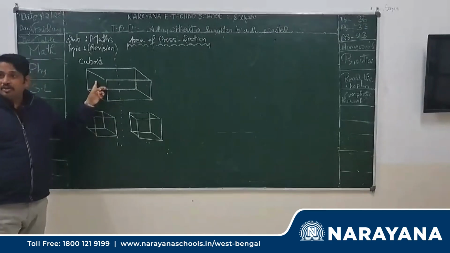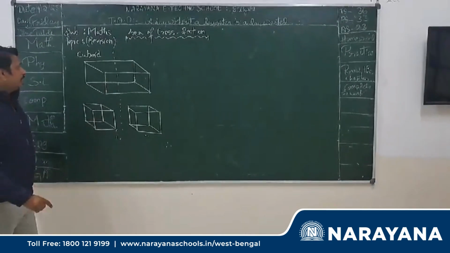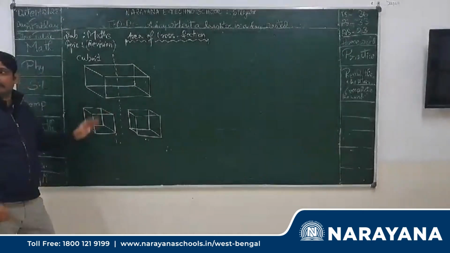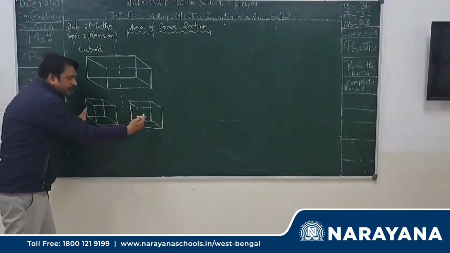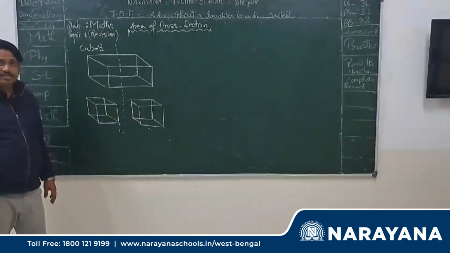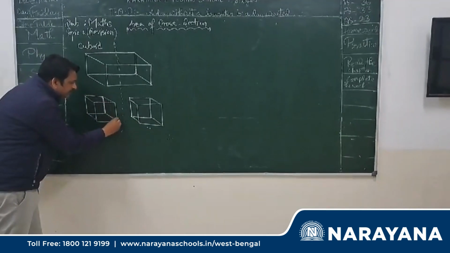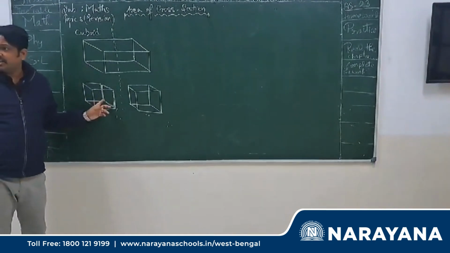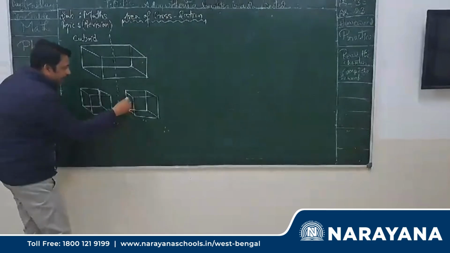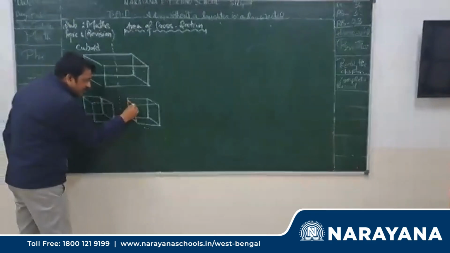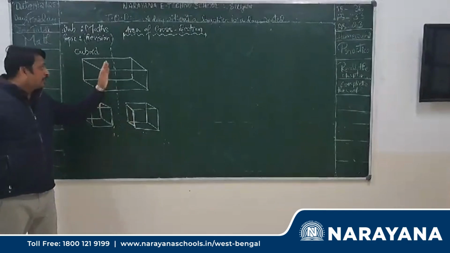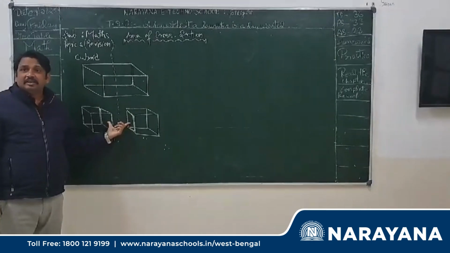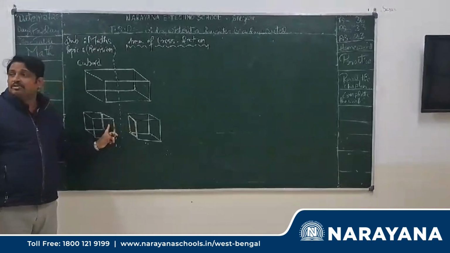Now see, this is what? Cuboid. Now if I cut this cuboid vertically from the middle, what will I get? I will get two different cuboids. Clear? Now see, what shape am I getting? Is this a rectangle? Yes? This one also is a rectangle. That means after cutting the object, whatever I get is called a cross section. So this area is actually a cross section.